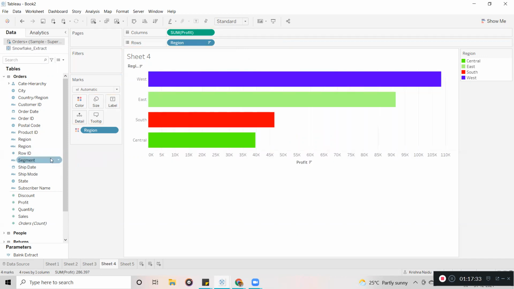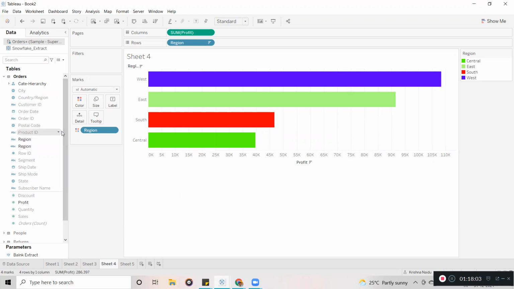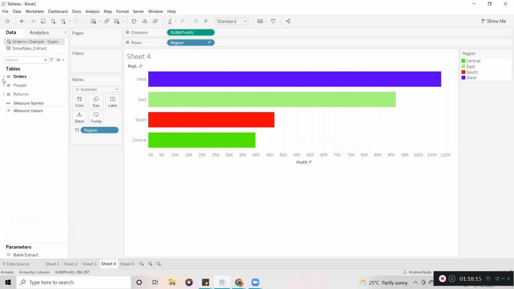Okay, so this is how you can use it. Now, for example, out of 100 columns, you have used only 30 columns in your entire workbook, and the remaining 70 columns you are not using. You can't hide them one by one, right, 70 columns. So you can directly click on this and choose hide all unused fields. Once you click on hide all unused fields, all the fields have been hidden, and you can see all are in a disabled state.